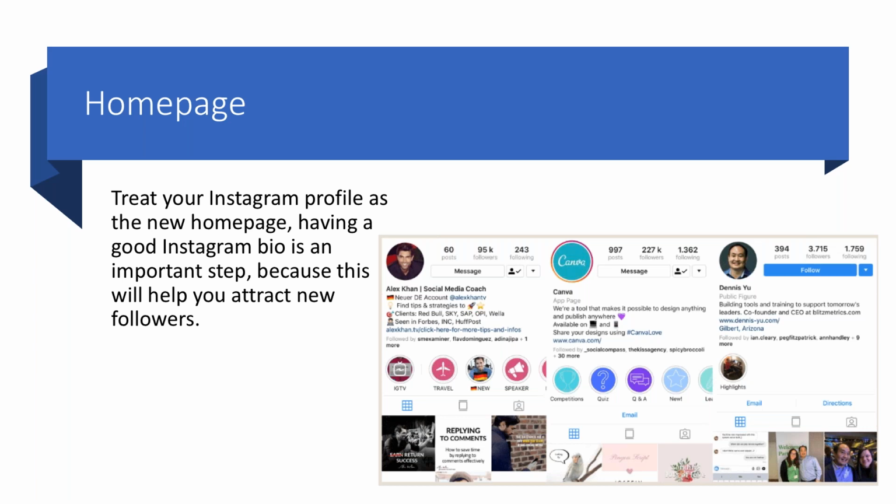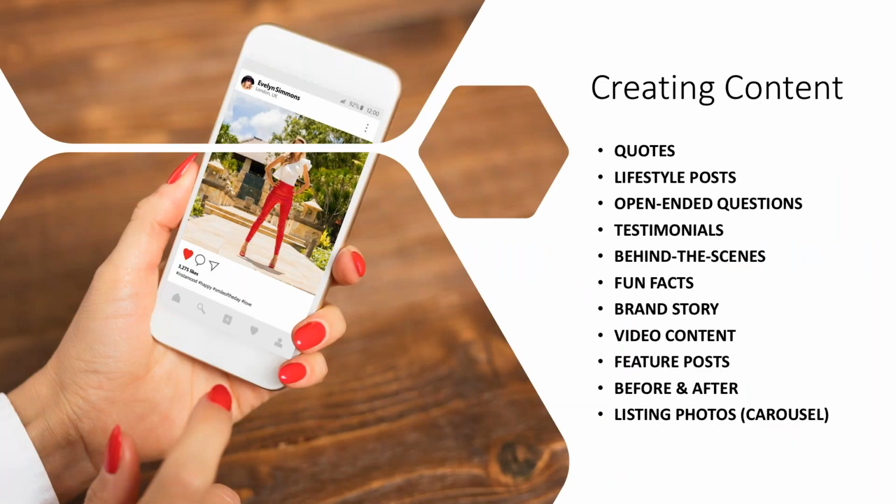Here are some other examples of social media coaches and experts that have Instagram accounts, just giving you a little play on the different things that they use. Again, there's no right or wrong, but having a fun bio that talks about you and who you are is important. That way you can get an idea of what some of these other guys are doing. A short little snippet of why you are in business, using appropriate emojis to describe what you do, and then going from there. So I just wanted to show you guys that little sample.